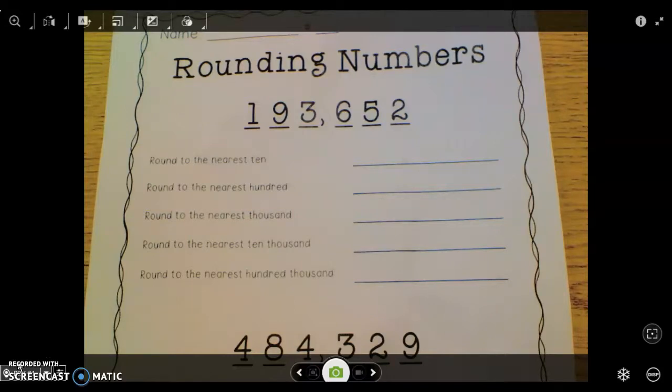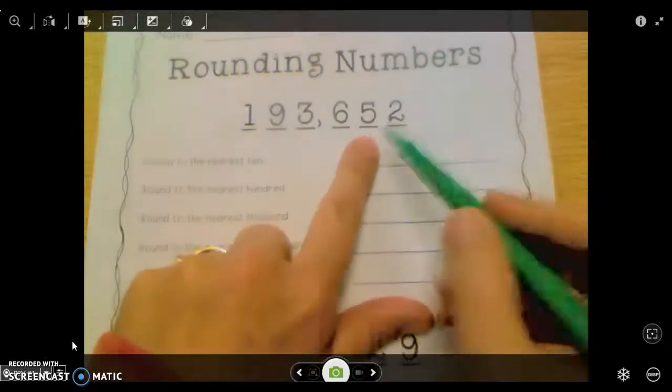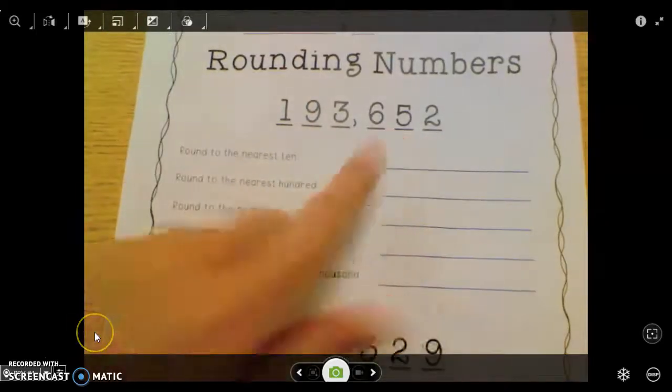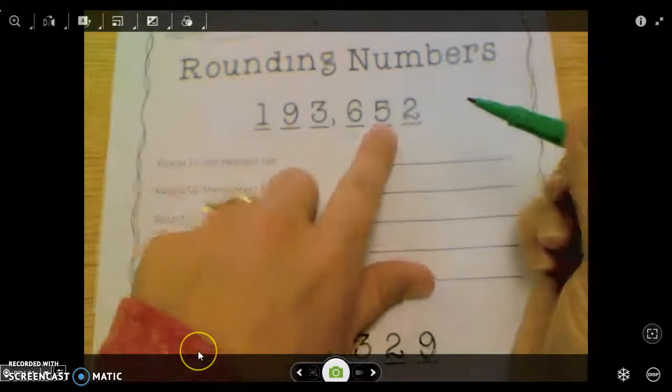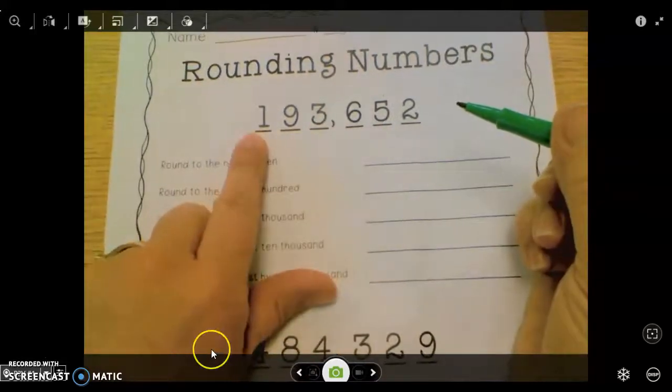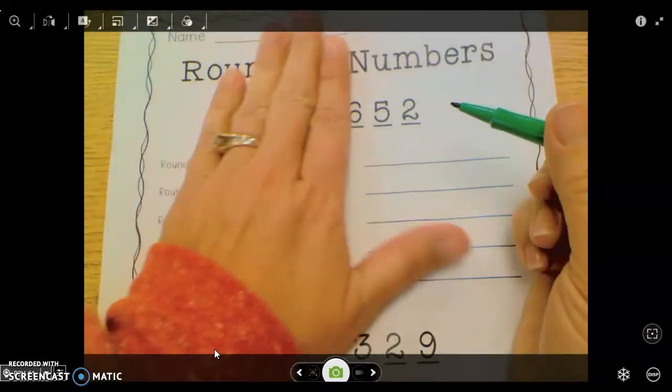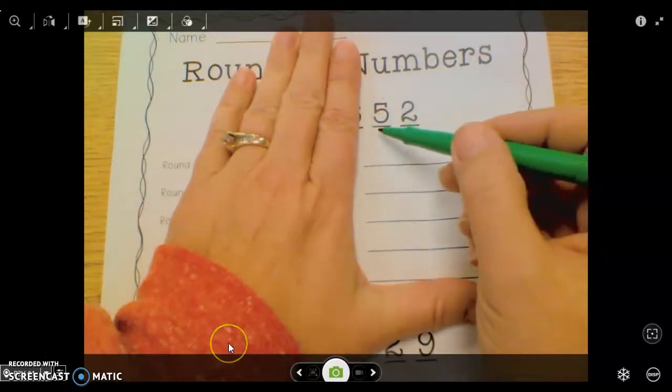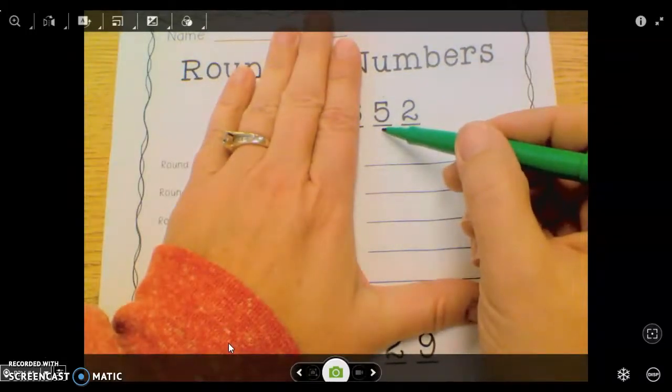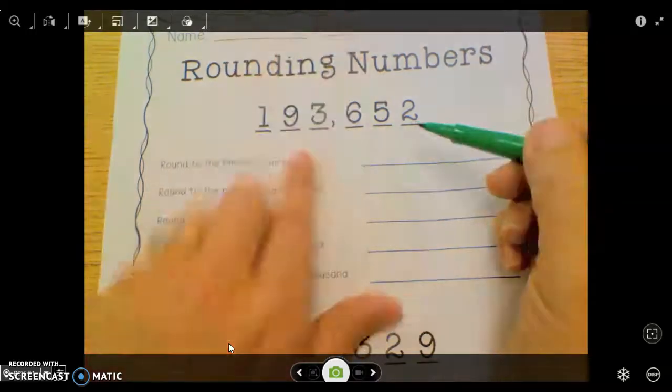193,652. We are going to practice rounding this to all the place values in this number. First, I'm going to round to the nearest 10. I know that when I'm rounding to the nearest 10, I'm going to put a little dot above that, okay, that I include all of these numbers. Because I know I'm including those, I'm going to kind of cover them up and think, am I rounding to the nearest 10? Am I rounding to 50 or 60? That's just one more 10. So am I going to round